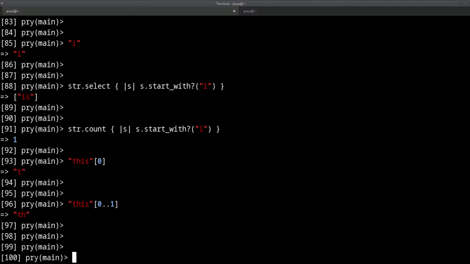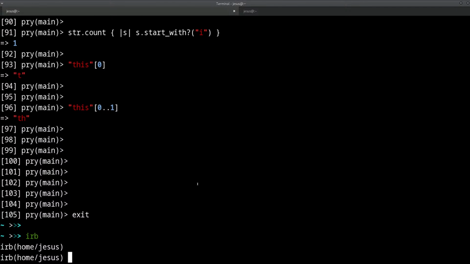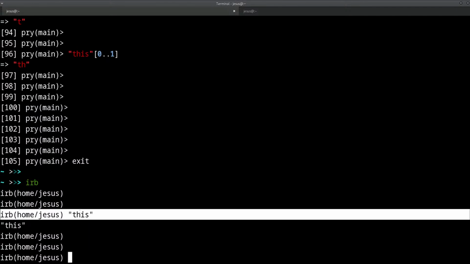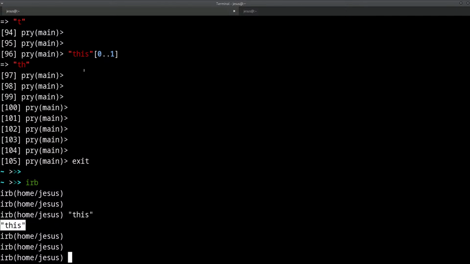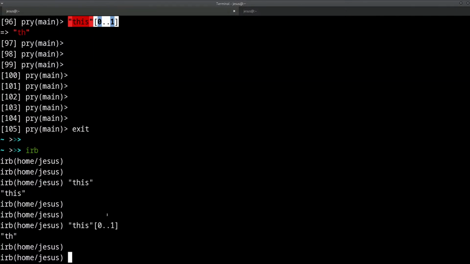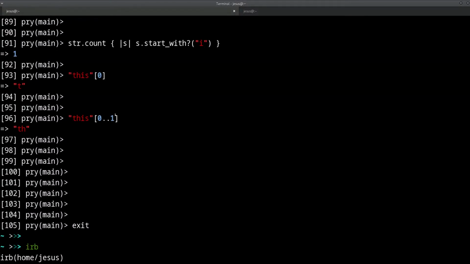So Arthur Menter, to answer your question, yes, it is. Pry is better than IRB. Why? Well, let me show you. If I exit Pry, I go to IRB. If I type string, see, it has no color. You see that? It's white. This white and this not white. It has no color. The color is called syntax highlighting, the same kind of color that you get